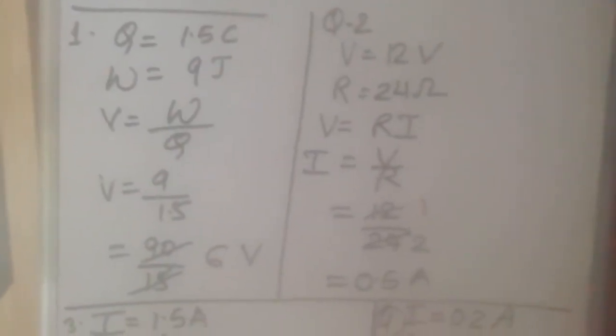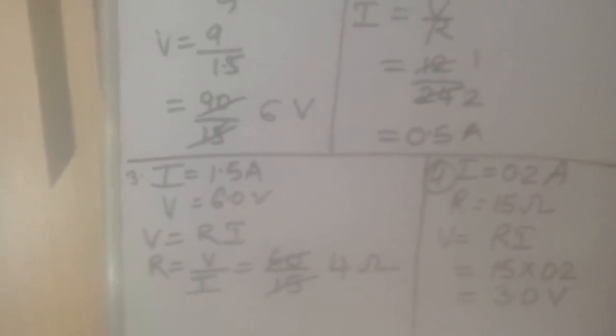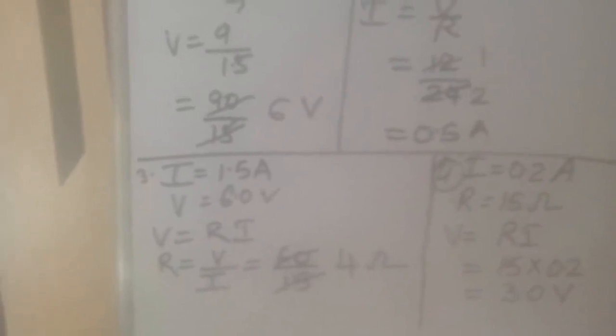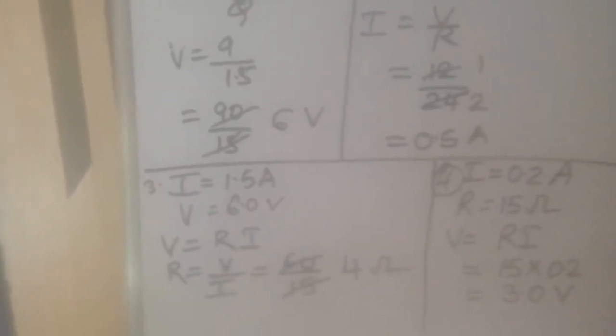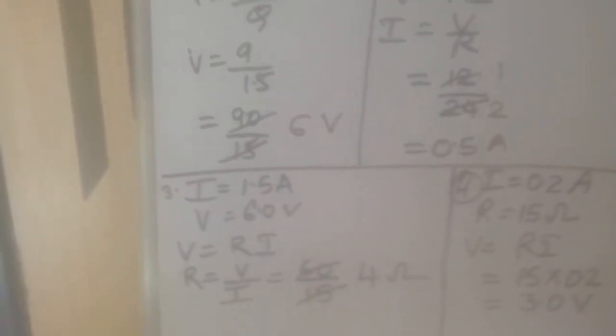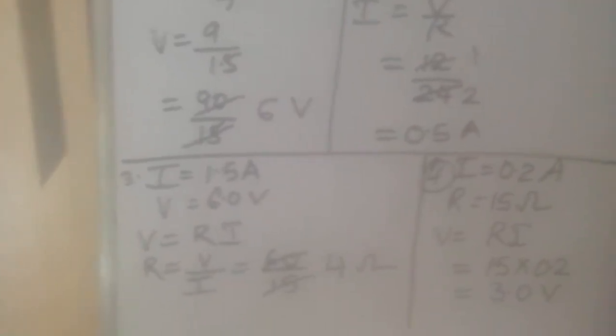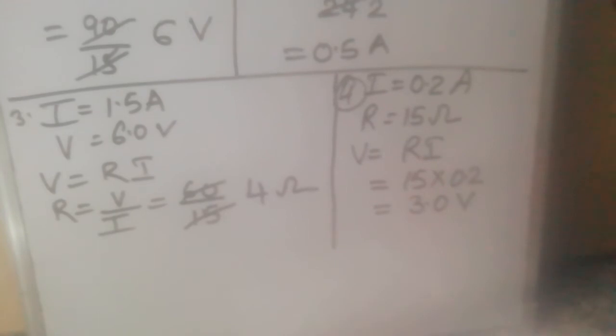Okay, children. Now question number 3. A bulb draws a current of 1.5 ampere at 6.0 volt. The current is 1.5 ampere and the potential difference is 6.0 volt. Find the resistance of the filament of the bulb while glowing. V equals R I, so R equals V by I, which equals 6.0 divided by 1.5, which is just 4 ohm. Everywhere in this question I am applying Ohm's law, children. It is very important. One numerical based on Ohm's law is surely to come in the exam, children.